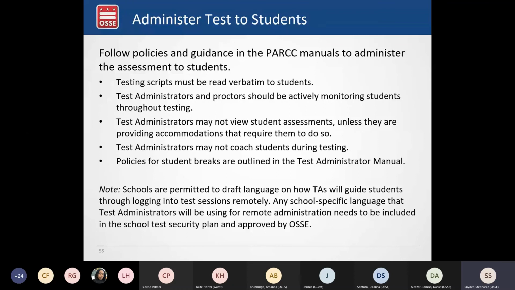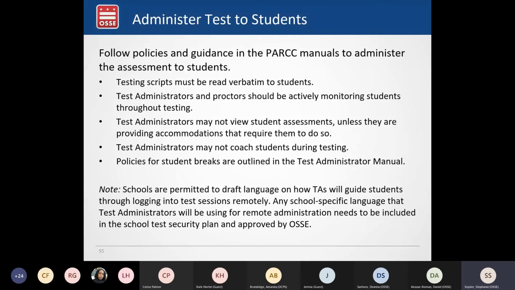Is there a letter that should accompany parents' decision not to send their child in for testing? And how do we document that for OSSI? That's, I think, a question that also came up in yesterday's training that we need to circle back on at OSSI and get a definitive answer on what requirements there may be for documentation. The recording for this training will be available on OSSI's website, and the slides will also be available.